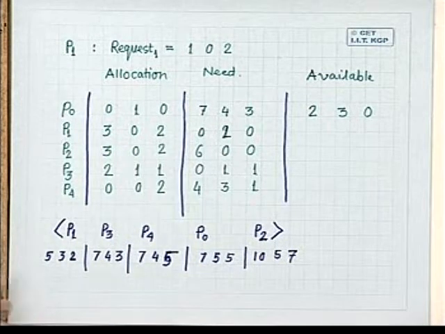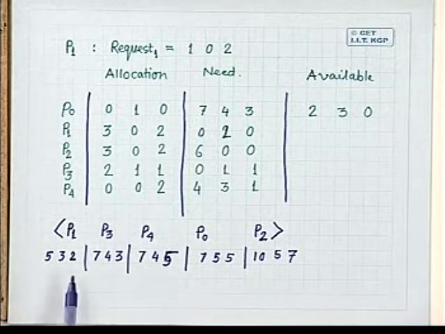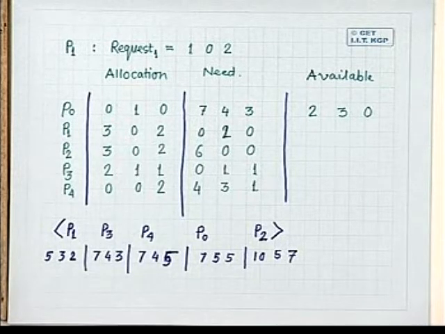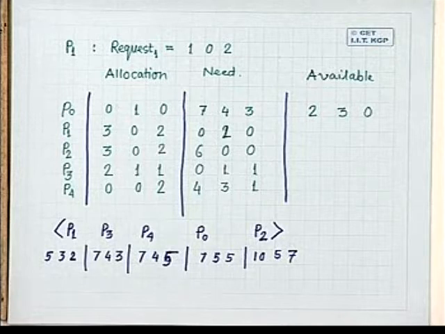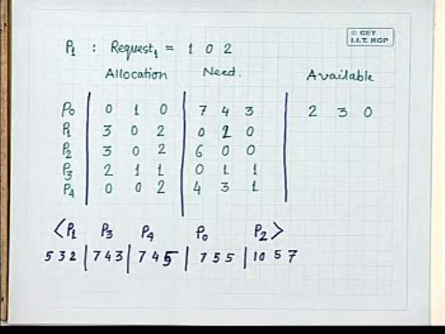However, if we reached any situation where at least one process could not complete in any sequence, that means the safe sequence does not exist in that particular state. And if the safe sequence does not exist, the request cannot be granted. So once we get a safe sequence, I don't think there's any need of doing the safety algorithm check again. Safe sequence we are generating in the safety algorithm only. So for the first stage, when we get a safe sequence,